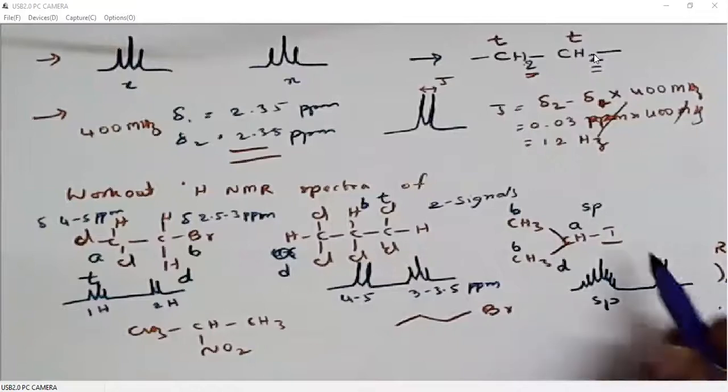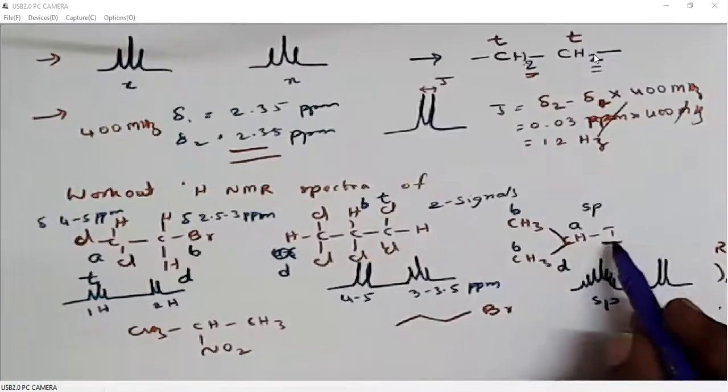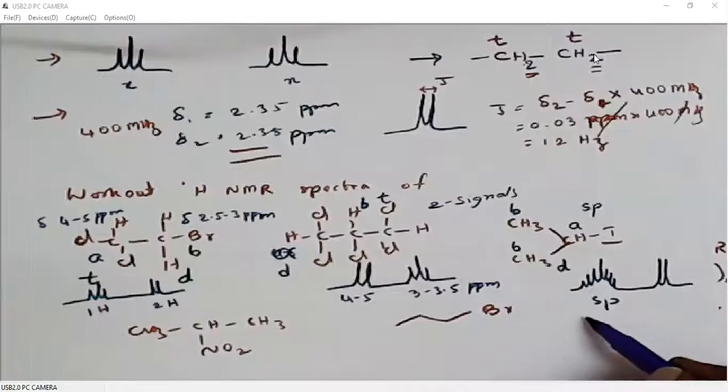Now, we can also predict the delta values because it is attached to iodine. The delta values will be between